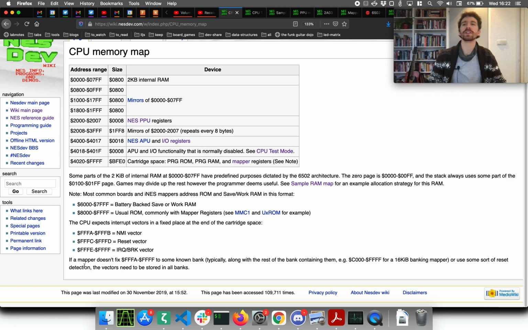Yeah, so basically what it's saying here is that if your memory mapping hardware allows for more space than just one ROM bank, if you've got more than that and you're swapping them out using the memory mapper, writing to memory mapped registers, then you need to store your interrupt request at the end of all of the ROM banks, because